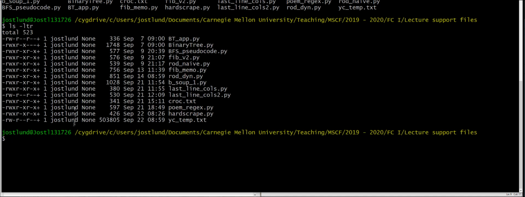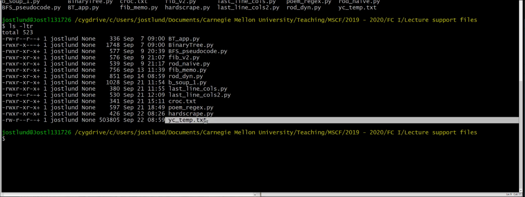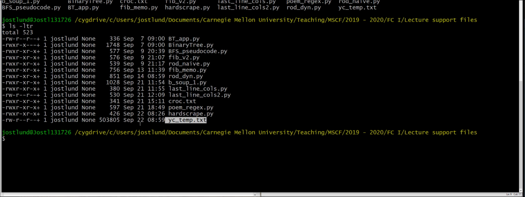And in here, if I look at my files in reverse chronological order, I see that I do have this yctemp file that was just created. I happen to be recording this on Sunday morning just before 9 o'clock. I can edit this file with an editor that is capable of handling files that are at least half a megabyte in size. And my choice is VIM, VI improved. You need to have the ability to use some editor that can edit arbitrarily large files in a convenient way. So I'm going to edit yctemp,